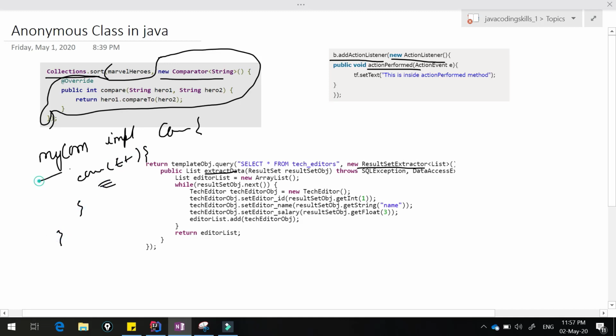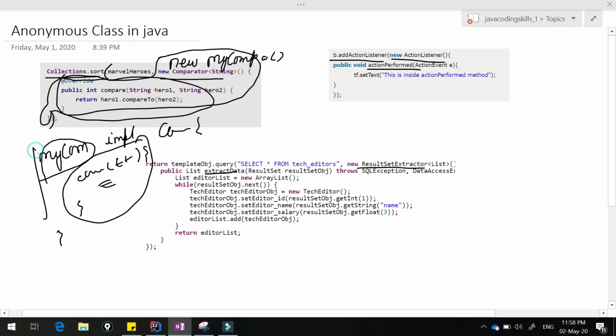So rather you can pass it here, like new MyComparator, and that's done. Or you have to provide all this thing which you are providing from here to here inside this method.